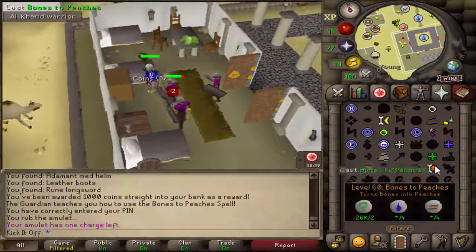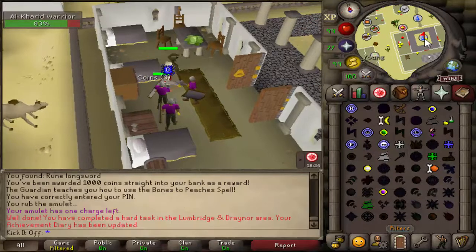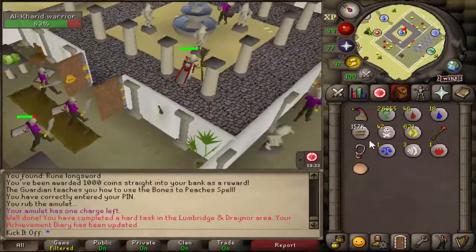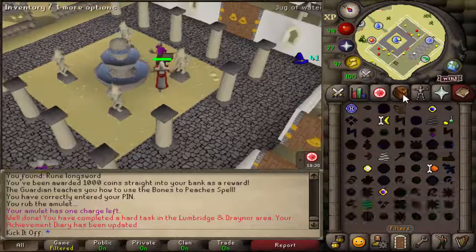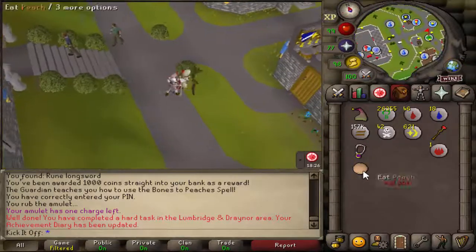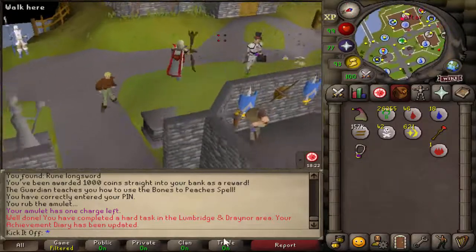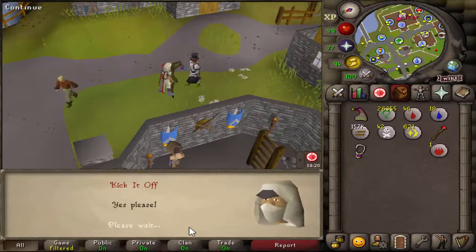And this beautiful kill of the guard. And that Bones to Peaches means we have completed the Lumbridge and Draynor hard diaries. The best reward from this is Explorer's Ring 3, which gives you unlimited teleports to the Falador farming patch, which is very important for farm runs each day and saves having to teleport to Draynor and then walk,